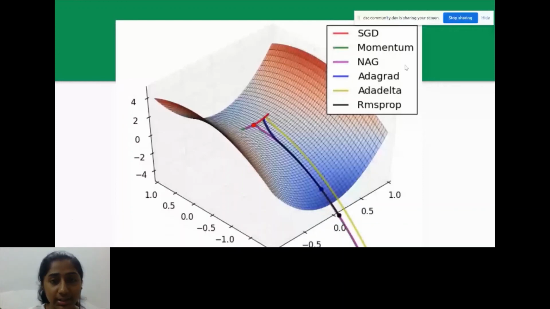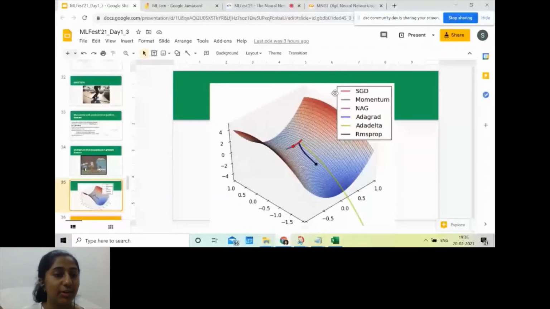So I think it's clear till now about the overfitting, underfitting data, etc. So let's have a quick look at the